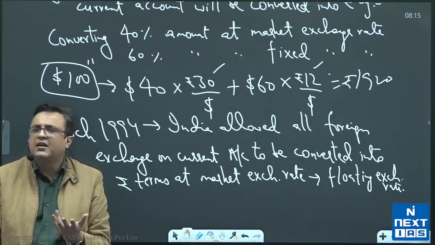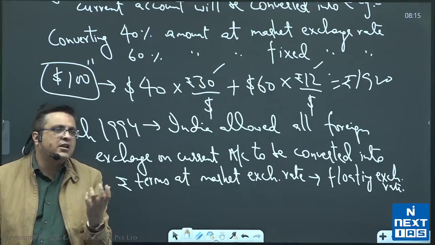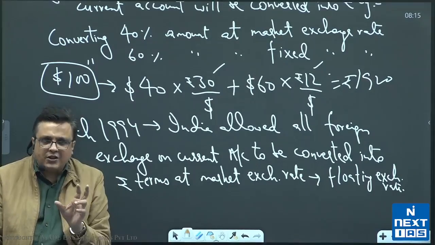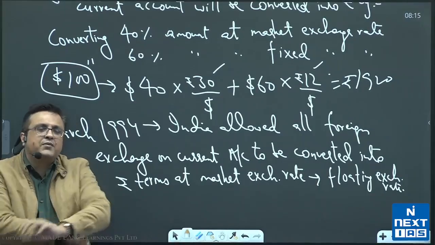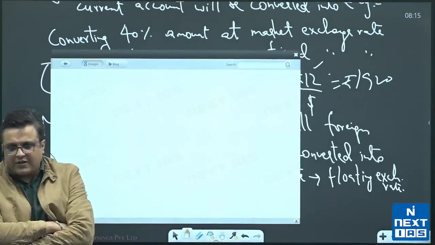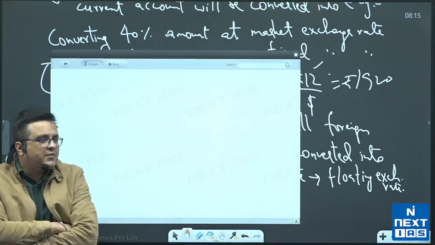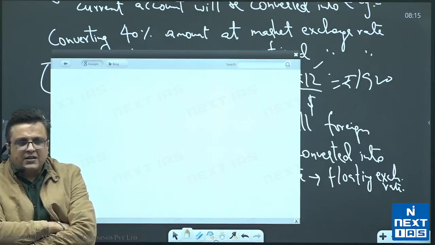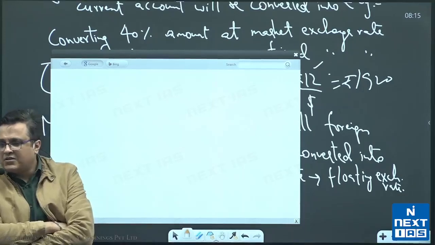We knew that this will happen, and therefore we knew that let's go for it and let's make sure that our exports become cheaper. Think of it. If my currency is 12 rupees a dollar, then something which is sold here for 30 rupees will be $2.5 for the foreigner. As I let my currency depreciate to 30 rupees a dollar, the same commodity will be available to the foreigner for $1. You understand that? That is what it means when we say that as my currency depreciates, my exports become cheaper.